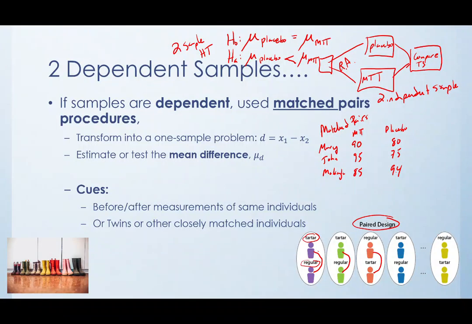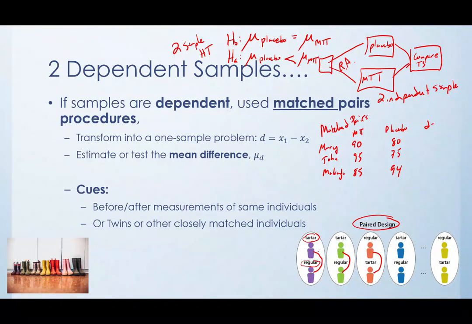So here, these are dependent samples, right? Because Mary took 2 tests, right? She's got the magic test taking pill score and the placebo score. So those are related because they're the same person, right? If I pick the 80 out of the placebo group, it's linked to the 90 in the magic test taking pill. So what we do in this case is we're going to turn a 2-sample problem into a 1-sample problem